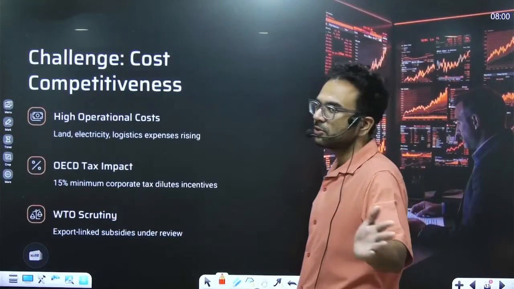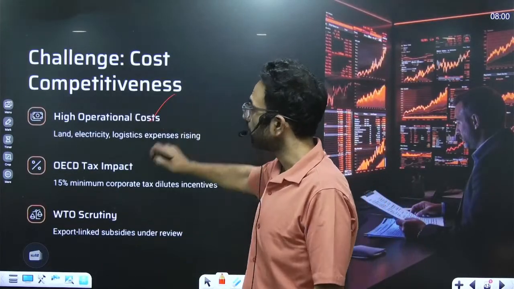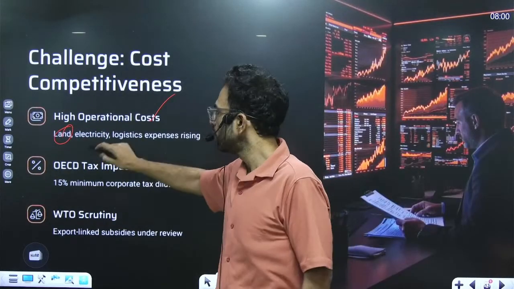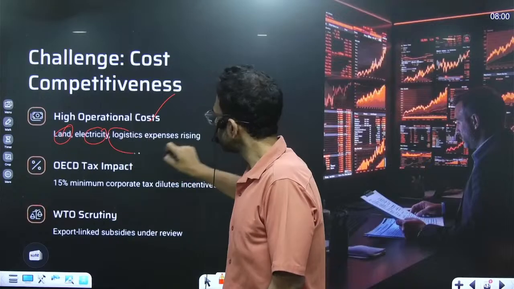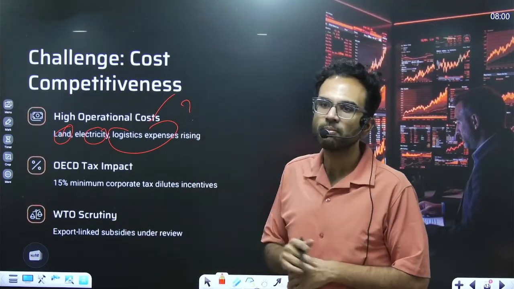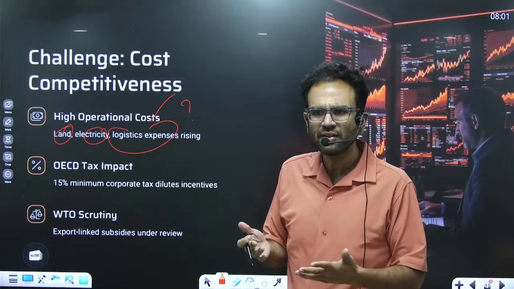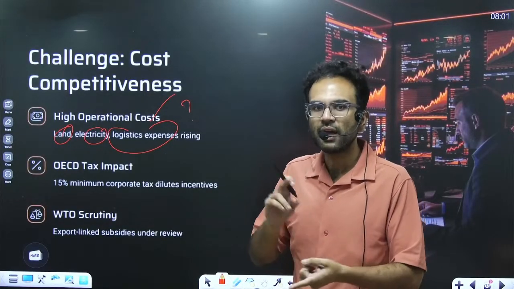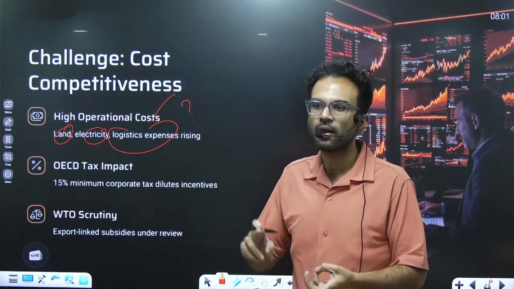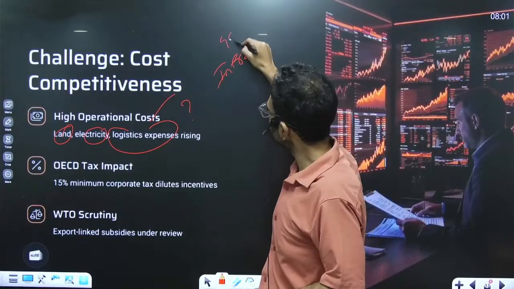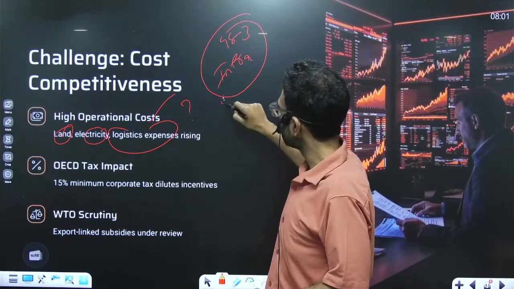Now, despite all these rules and measures, did we fix the problems of operational cost? Because land is still expensive. Okay, you gave the land, you gave the electricity. Logistics, which is the biggest hurdle for any export driven company. Did we do anything significantly different? Not yet. It's a work in progress. We have projects like Bharatmala, Sagarmala, and all the infra projects which we'll be discussing in our GS3 infrastructure topic.